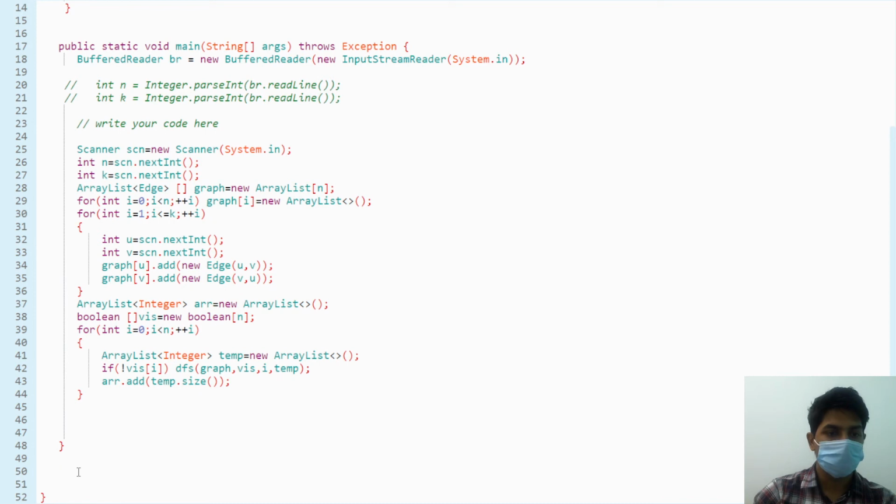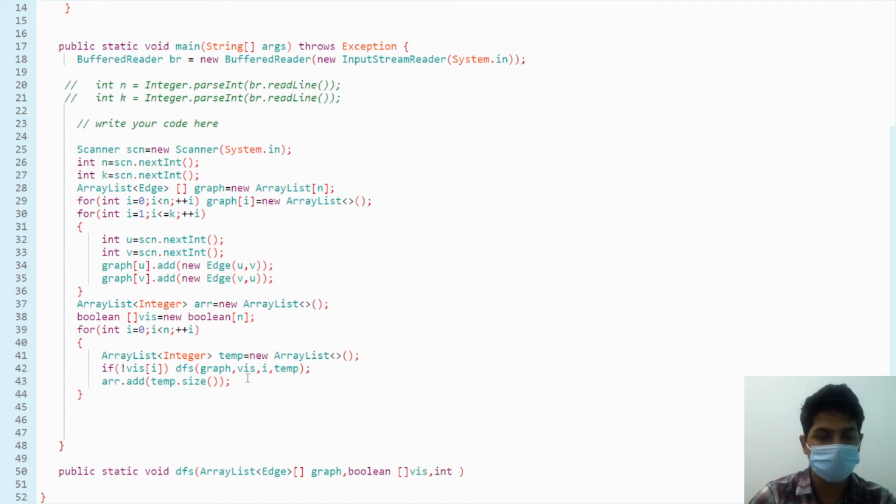So public static void, and the name of the function was dfs. Now we will be given a graph, so let's take input for that. Array list of edge array graph, then we are taking a visited array, so boolean array visited, then we are taking the source node.